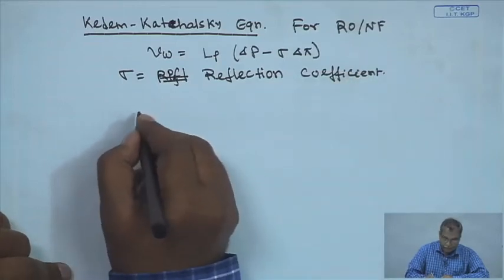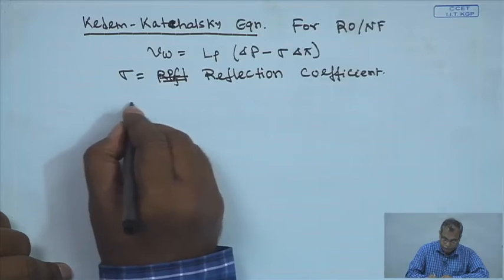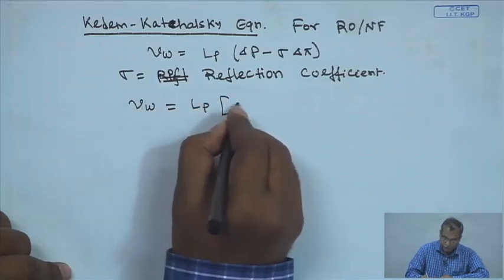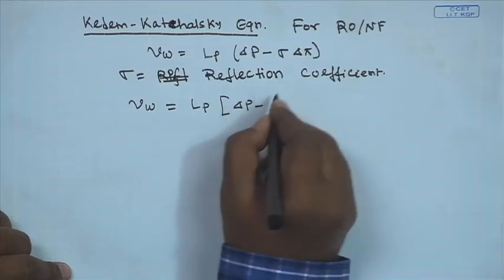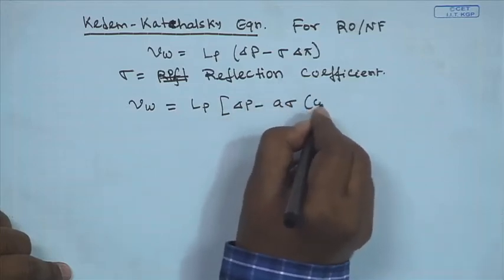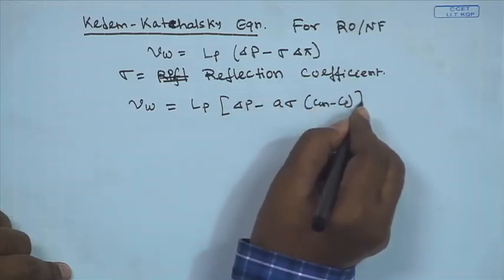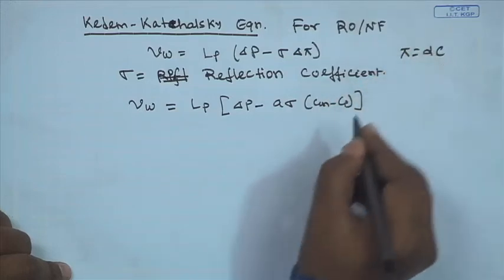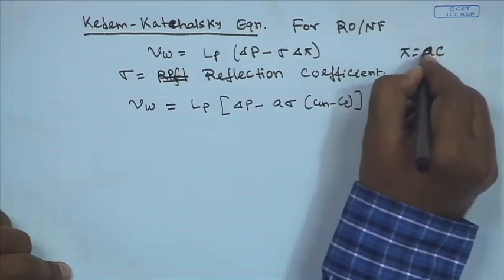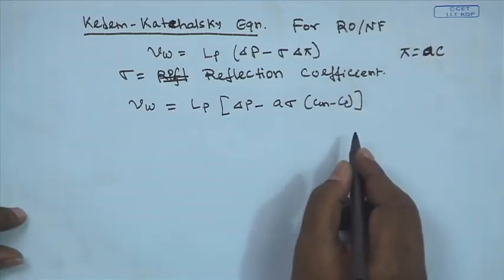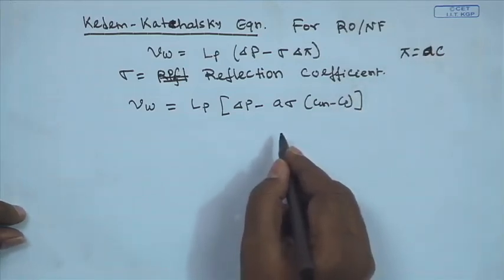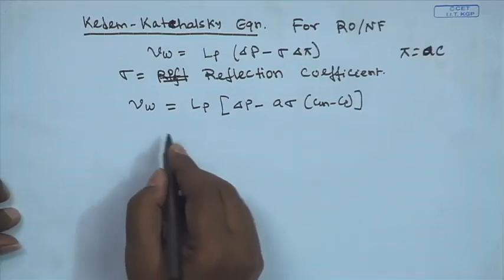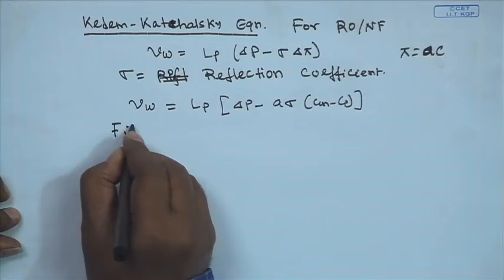So, one can get the expression of solvent flux as Lp delta P minus A sigma (Cm minus Cp). We are assuming that pi is a linear function of concentration, A times C, in order to get a simplification in our calculation. Sigma is the reflection coefficient, and then we will be using the film theory model